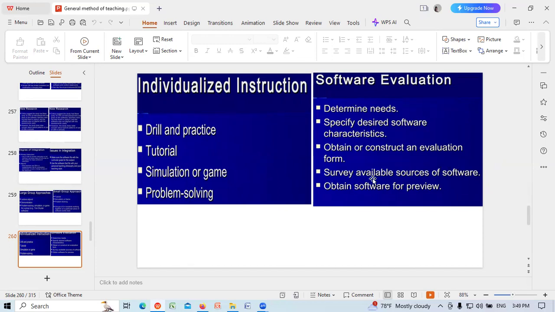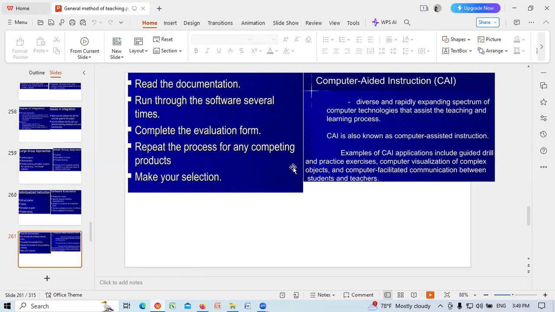survey available sources of software, obtain the software for preview. Read the documentation, run through the software several times, complete the evaluation form, repeat the process for any competing programs, make your selection. Computer-aided instruction: a diverse and rapidly expanding spectrum of computer technologies that assist the teaching and